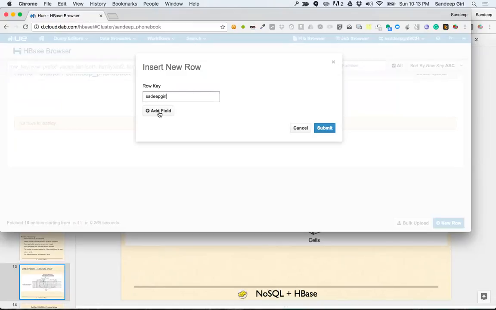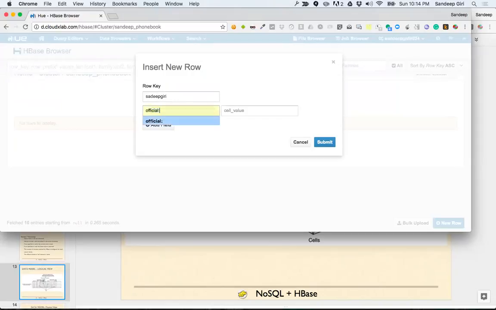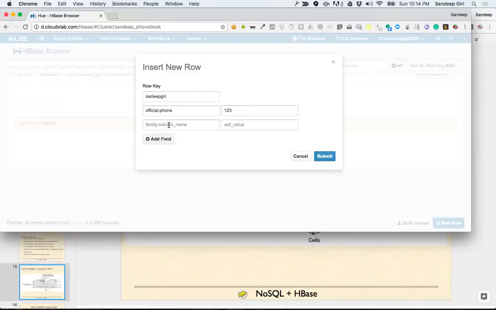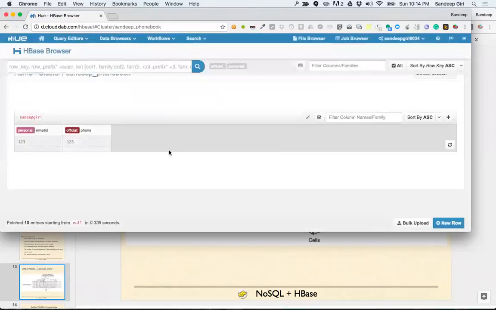Sandeep Giri is the row key, and I'm saying the column family. I'll say official or personal, and I'm adding the phone number here. And for personal, I'm saying landline, or let's say personal email ID. Okay, so what you see here is, we can just submit it. So you can see that I have added